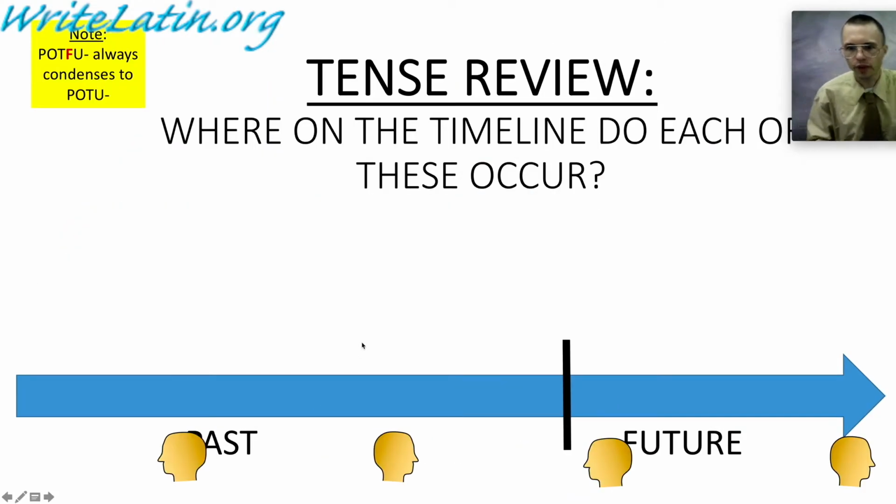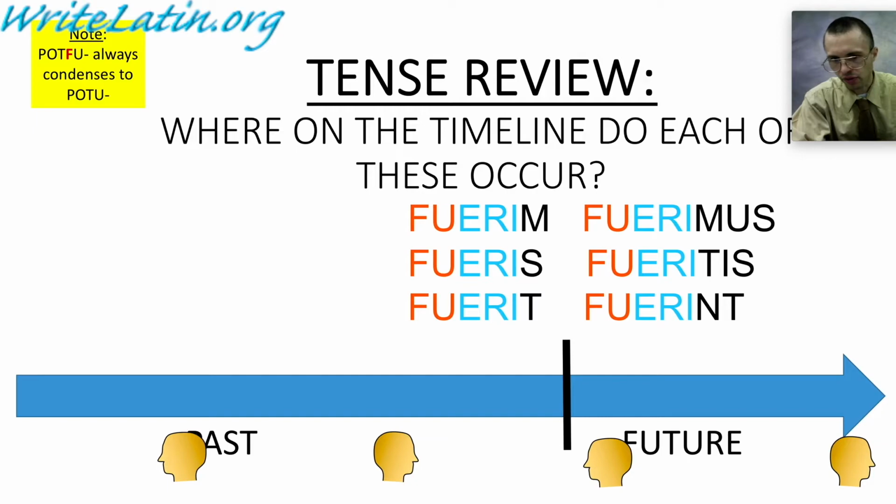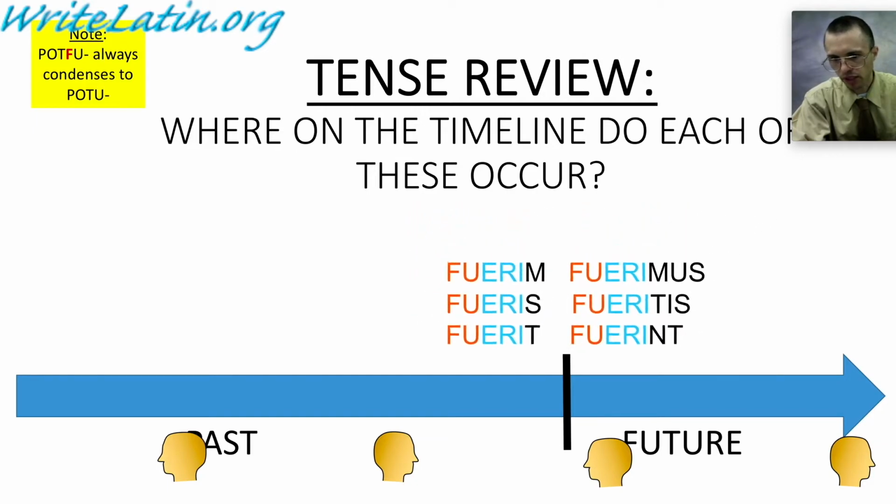So, tense review. Where in the timeline do each of these occur? Hopefully you can do these now. If you don't want me to tell you, then press M on your keyboard to mute it so you don't hear what I say. But the way it is: present backward looking,